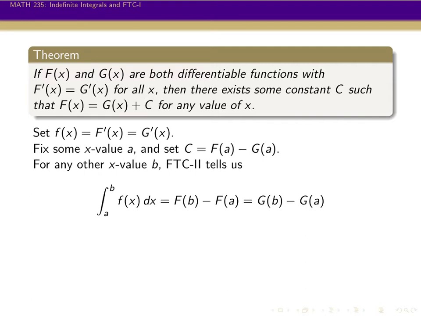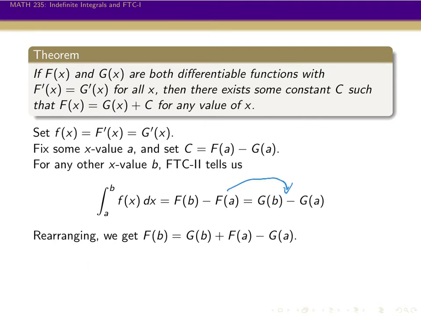Then the fundamental theorem of calculus tells us that that's going to equal, since it works for any antiderivative, big F of b minus big F of a, but also big G of b minus big G of a. If we rearrange this, we've got F of b minus F of a equals G of b minus G of a. If we move F of a over, we can rearrange this to F of b is equal to G of b plus F of a minus G of a. Well, F of a minus G of a, we defined to be c. And so G of b plus c is equal to F of b, but also over here we can see that